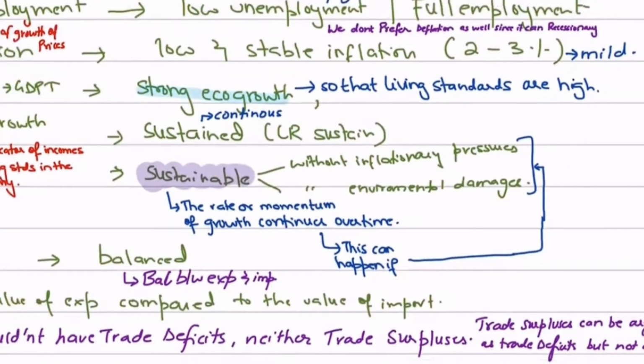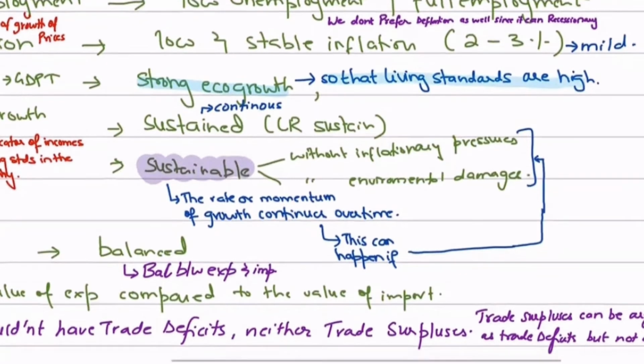Strong economic growth को high economic growth भी कह सकते हैं. The higher the economic growth, the higher the living standards, right? Obviously. Not only that, the governments also aim for sustained economic growth. Sustained economic growth is that it is sustainable, that it is sustained in the long run. It is continuous. It continues rising till the long run. Right? In the long run as well, you have the same growth rates as you had in the past.